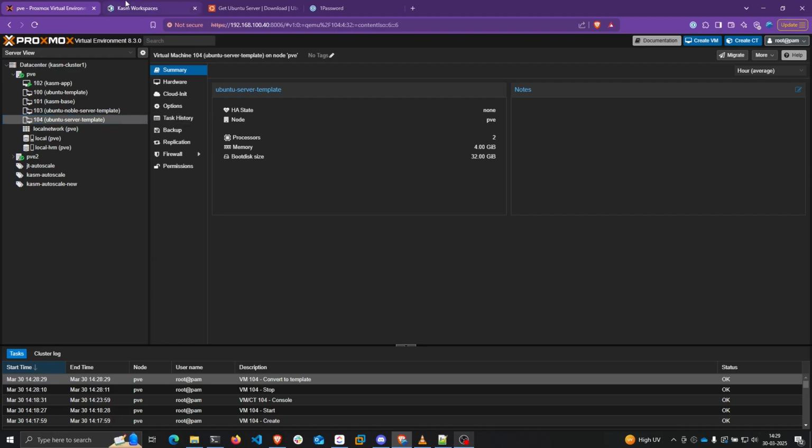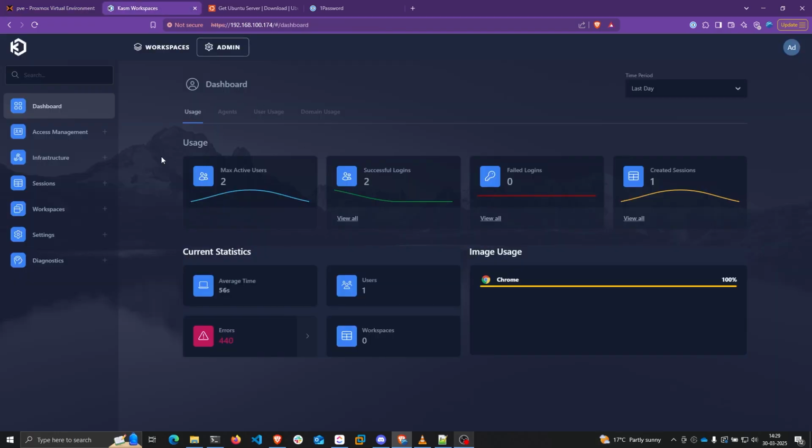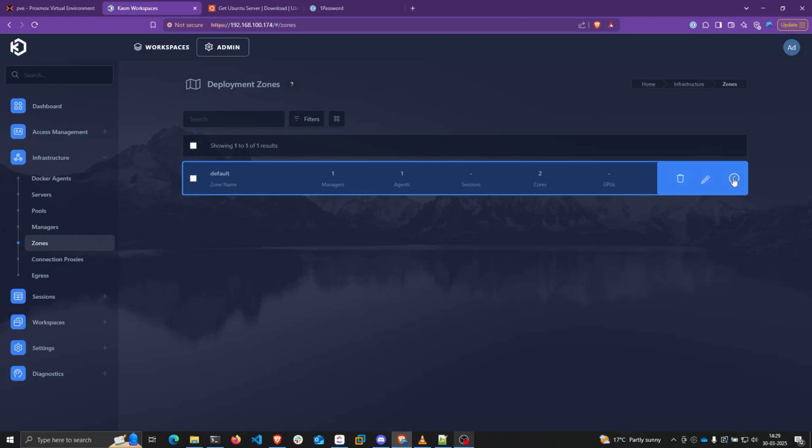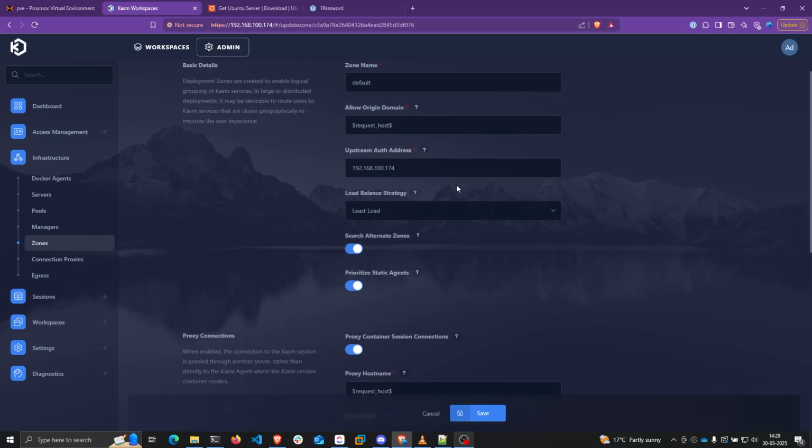So now you can go to your Kasm Workspaces deployment, and the first thing that you need to check is your upstream auth address. Go to infrastructure and then go to zones, and then edit your zone. And over here in the upstream auth address, by default, this value is going to be set to proxy, but you need to change this to the actual IP or fully qualified domain name of your Kasm deployment. So in my case, it's